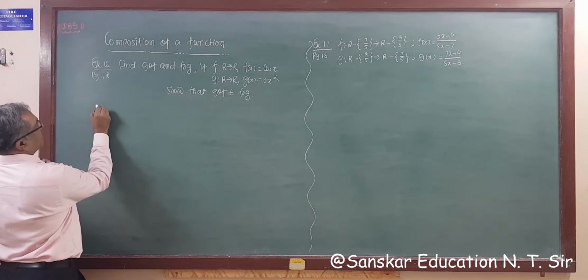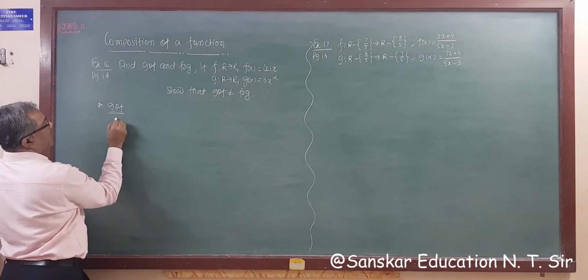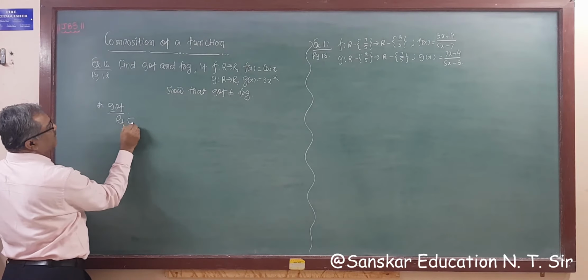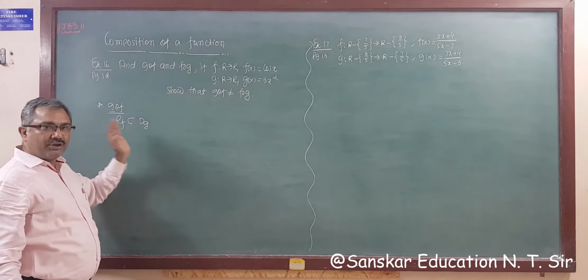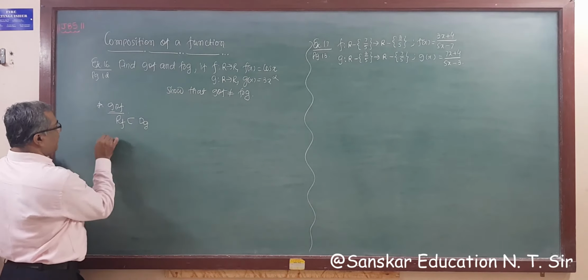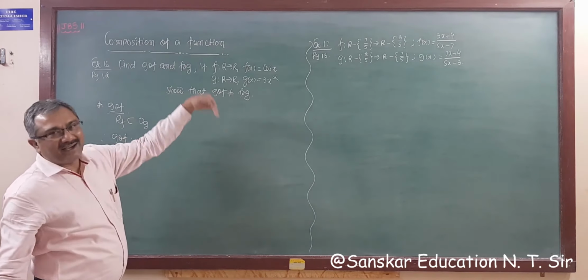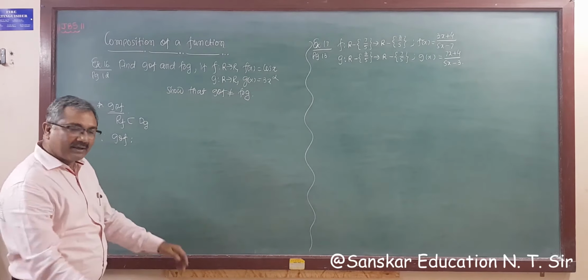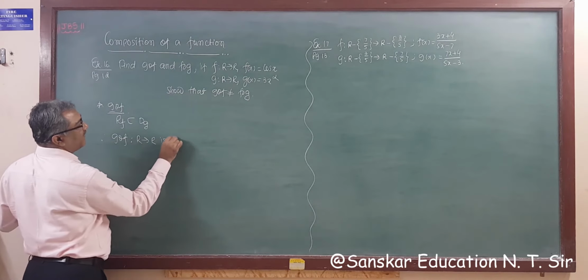So first we find g over f. Now here the range of f is a subset of the domain of g. You have to write it out, but no need to find it. So the range of f is a subset of the domain of g. So therefore g over f, and no need to check because all are R to R, is defined, right? So g over f from R to R is defined.